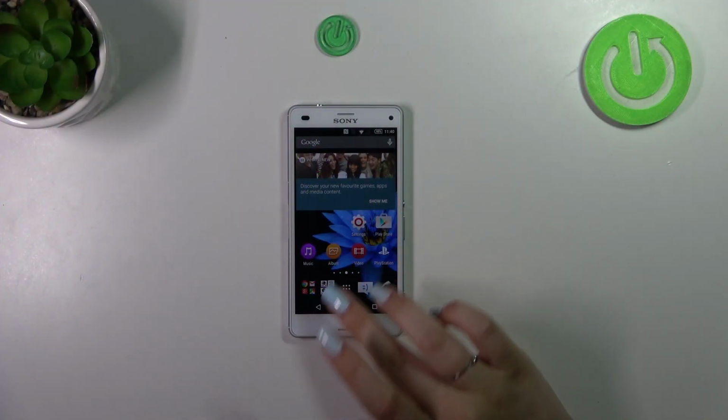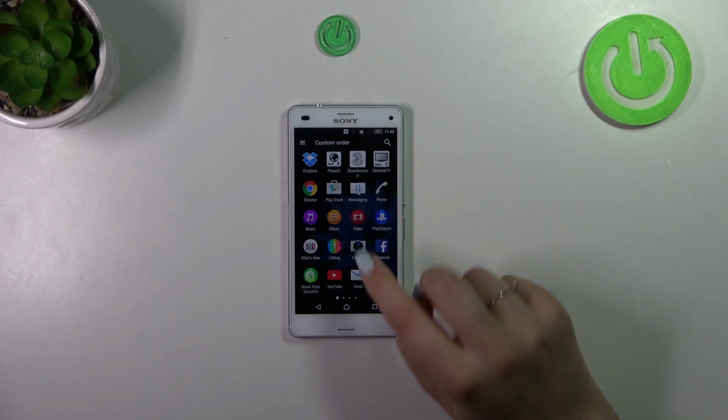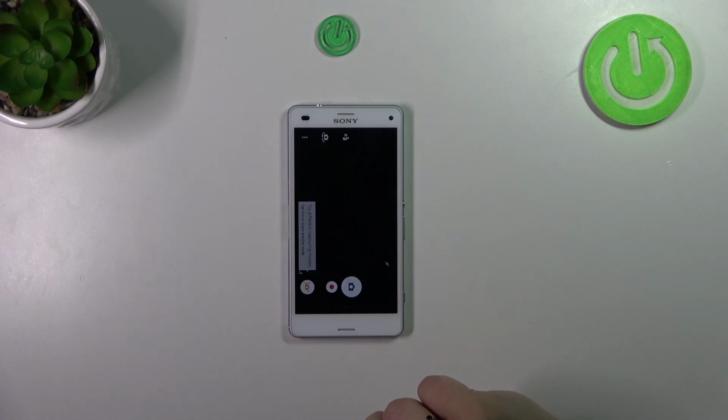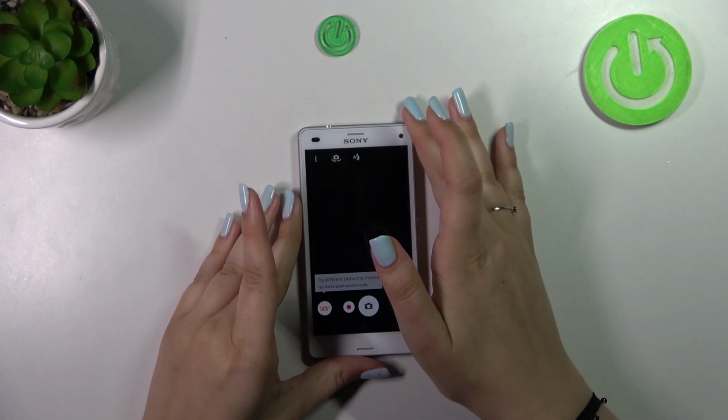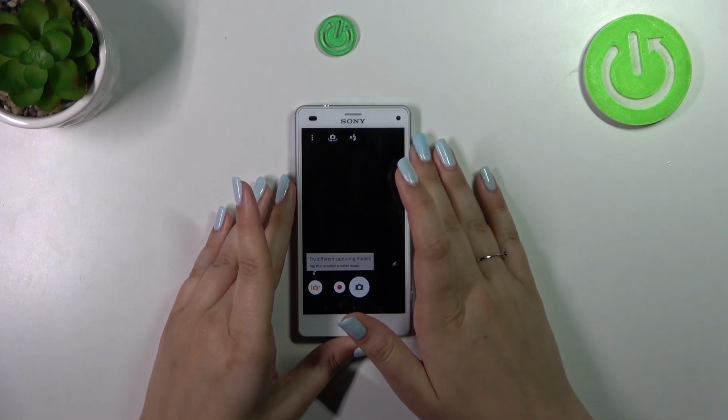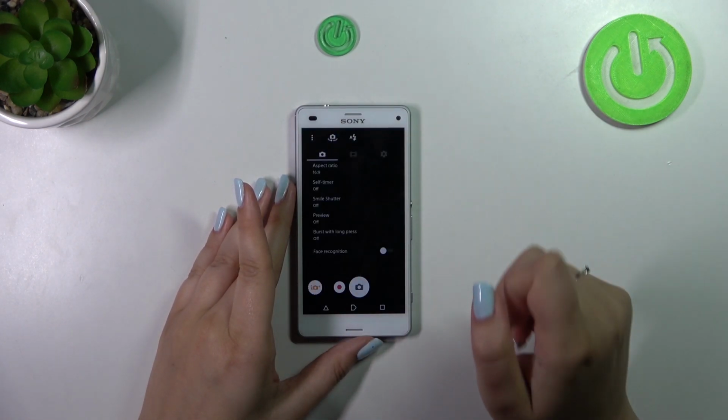So we have to start with opening the camera app, so let me find it. And then after turning it on, all we have to do is to tap on the three dots icon in the left upper corner,